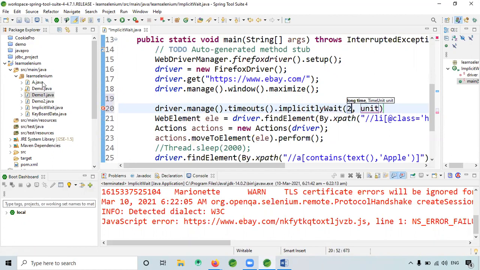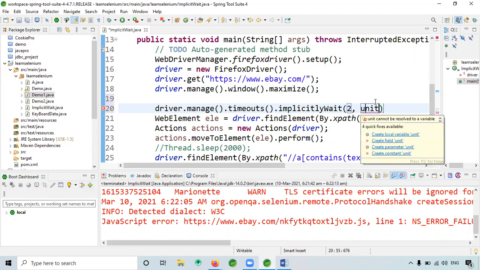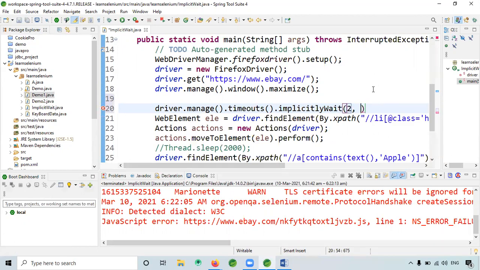Now you have given 2 seconds, but you have to specify what unit it is, whether 2 minutes, 2 seconds or 2 hours.